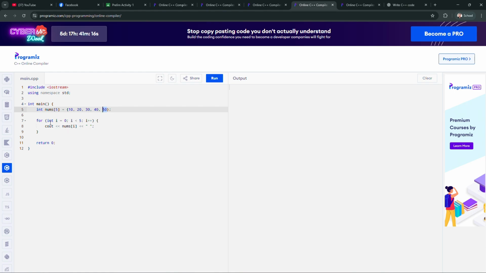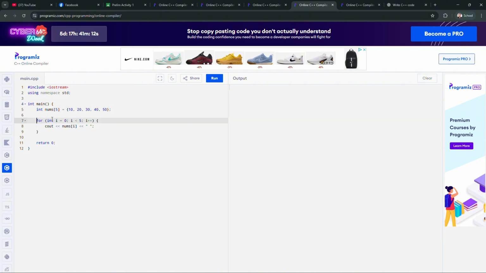And then when the value of I becomes 5, the program will stop since the condition is false because 5 is less than 5 is false. And then here is the output.